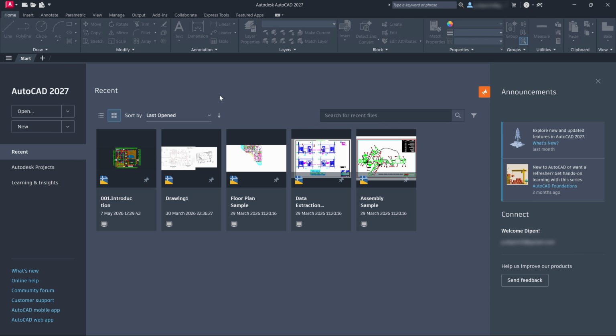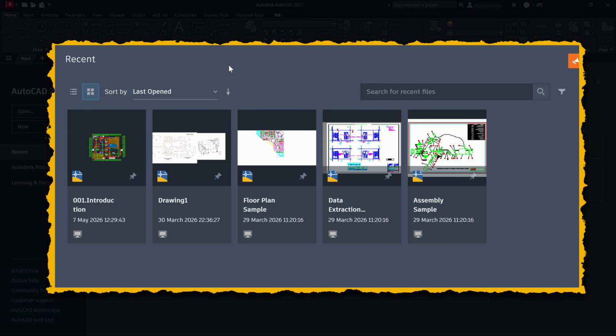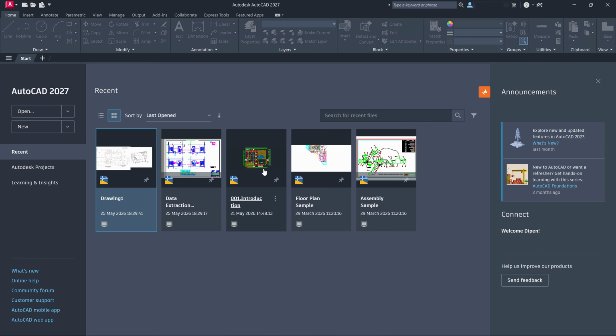Right now, we are on the Recent section. Recent means AutoCAD is showing the files that we opened recently. This is useful because you don't have to search through your computer every time. For example, if you worked on a floor plan yesterday, you can come back today and simply click on the